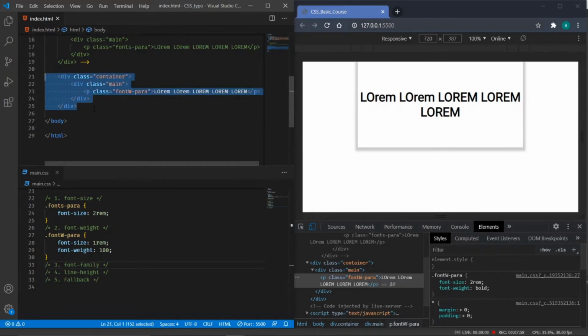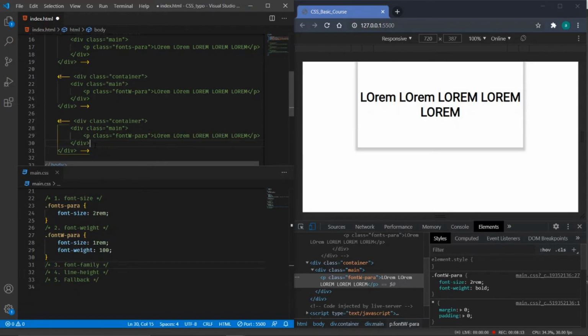Next comes the font family. I will comment out this thing. I will have the font family. For that, font style is used.